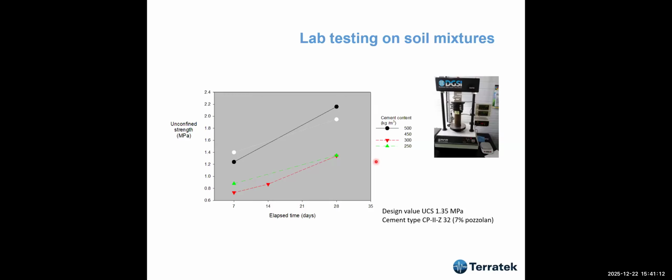Okay, and then we had a specialist on cement helping us to decide which type of cement, etc. And what we found is that the ideal situation would be if we could use only 150 to 200 kilograms of cement per cubic meter. Despite all the tests that we carried out, this didn't work very much.